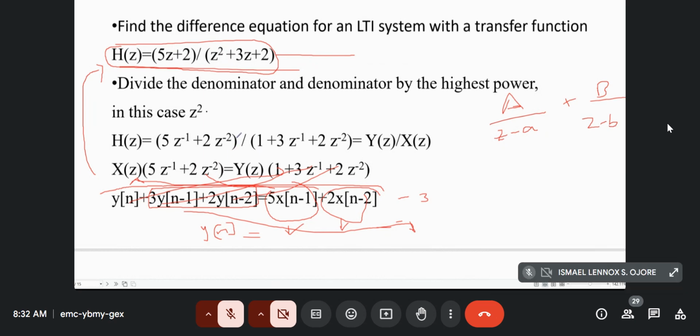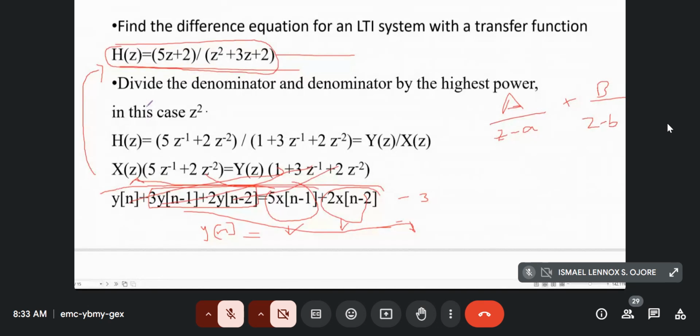So what you end up getting is delayed samples. Yeah. So you divide the denominator and the numerator by z to the power of 2. So this will become 5z to the power of 1. Of course, you do it with the highest power. If you do it to the highest power, of course, that highest power will not have a z. And the others will have